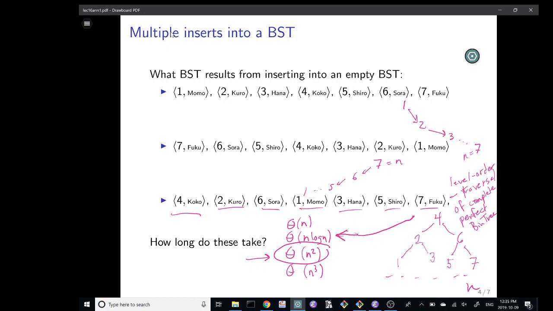But how many nodes in this tree are at the bottom? In general, how many nodes in a binary tree are at the bottom if you have a complete binary tree? 2 to the height. Yeah, 2 to the height. And in comparison to the total number of nodes in the tree, how many are leaves? About half. About half of all nodes in these nice, bushy, perfect, complete trees are leaves. Those are the ones that had to go all the way down to the bottom. And going all the way down took about log n time for each of them. So we have something that's taken at least n over 2 times log n time. Same sort of thing that happened when we looked at log of n factorial. Half of that sum is about